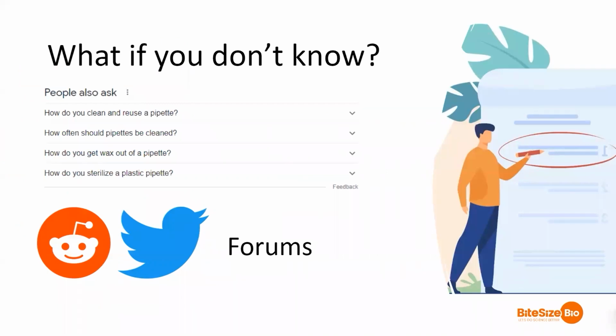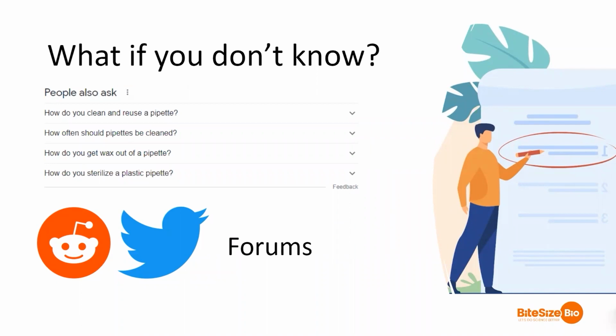But what do you do if you don't know what your audience is looking for? And also, even if you think you do, this is a pretty good step. It's time to do research. There are lots of ways to find out what problems people have and are actively looking for help on. For example, just think about your own experiences. Perhaps there was a problem you faced and had to overcome, like optimizing an experiment, and now you've got a solution to that. If you share space with people who would fall into your audience, listen to what they are saying. If you're in a lab, perhaps the new starters always need help with X.